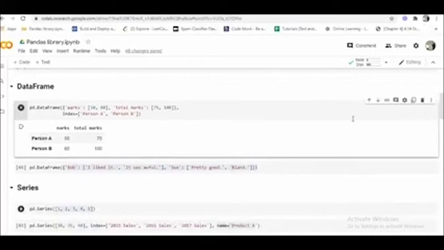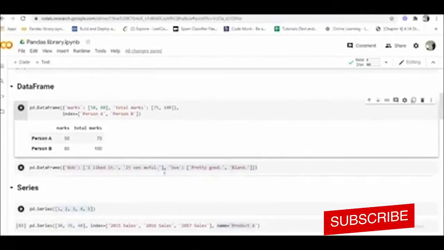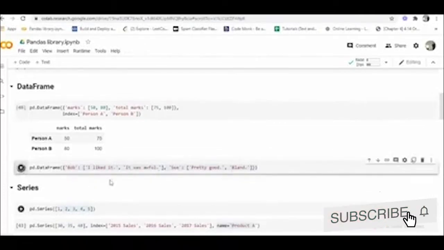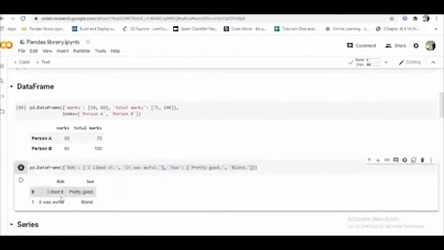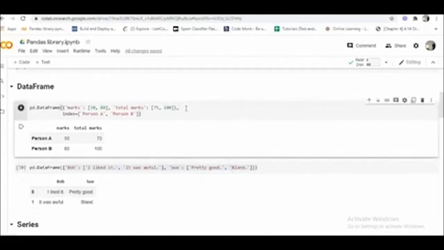Data frame entries are not limited to integers. This is a data frame whose values are strings. If I run this, I will get a data frame like this. Here we have not mentioned the index values, so I got 0 and 1.